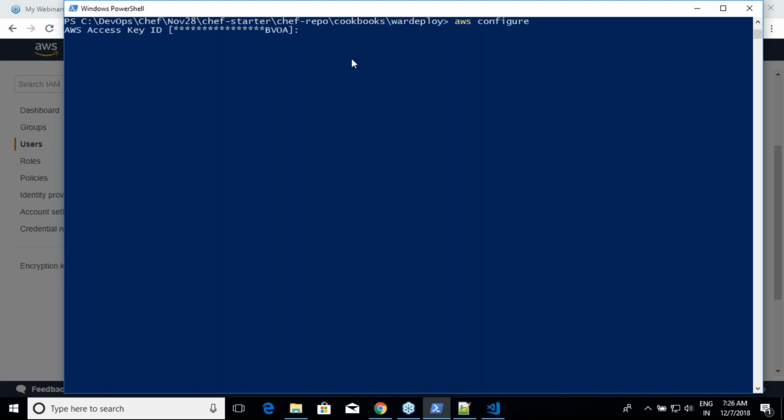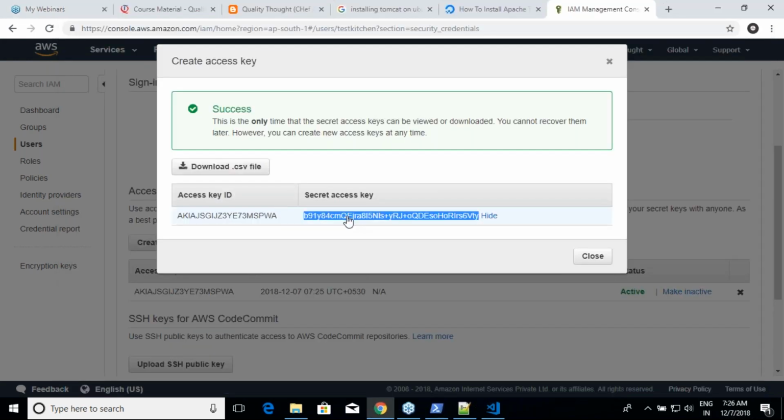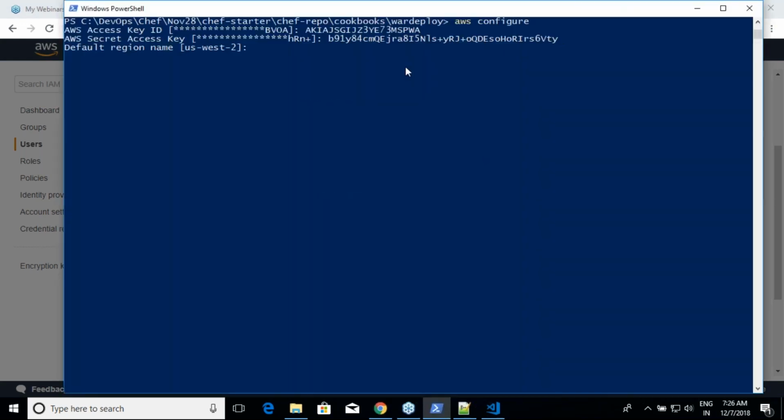Just copy your access key ID over here, and then you need to copy your secret access key over here. Region you can put to whatever it is, but if you want to tune to Mumbai from CLI, you can put it as AP-South-1 over here. For the people who are not understanding what these are, those are called region codes. For every region, Amazon has a code. Oregon's code is US West 2, Mumbai's code is AP South 1, and you can easily Google for that. I am not changing any of this.